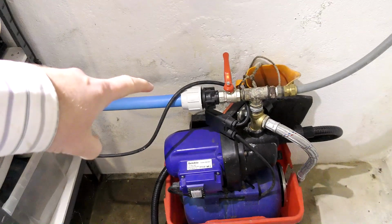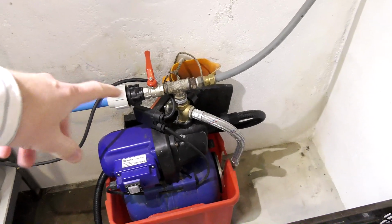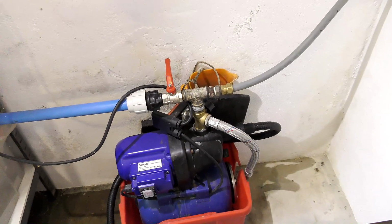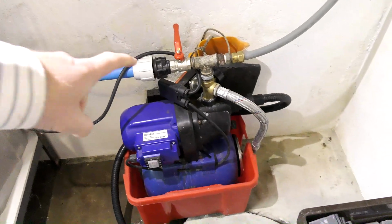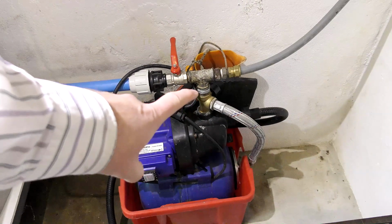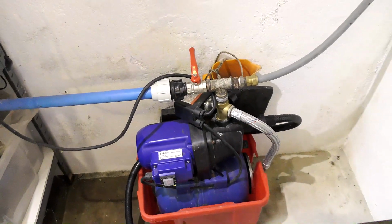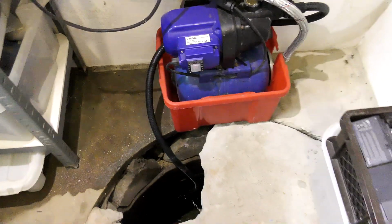But I have to detach this, and I have to detach this, and then I can unscrew the top of this and exchange it. I've tried to make it simple. I see some places where I could make this more efficient, like if I had made it so that it could have been taken apart right down here. That might be a project for another day. But that's what I'm up to, and I'm a bit afraid that the pump might start in...